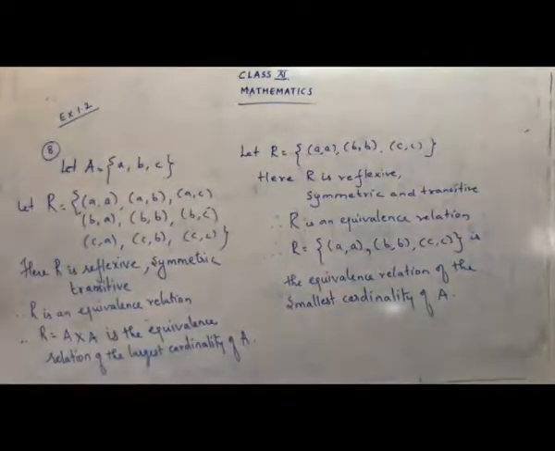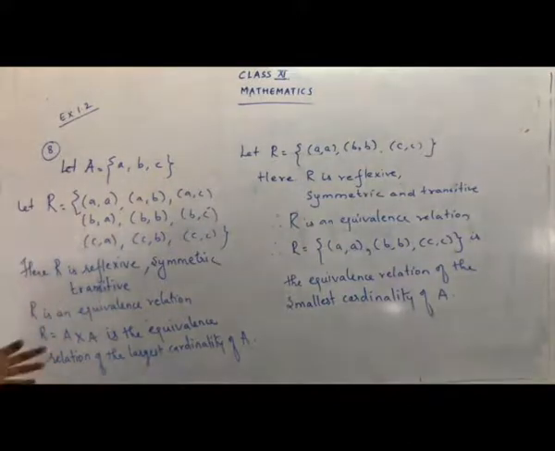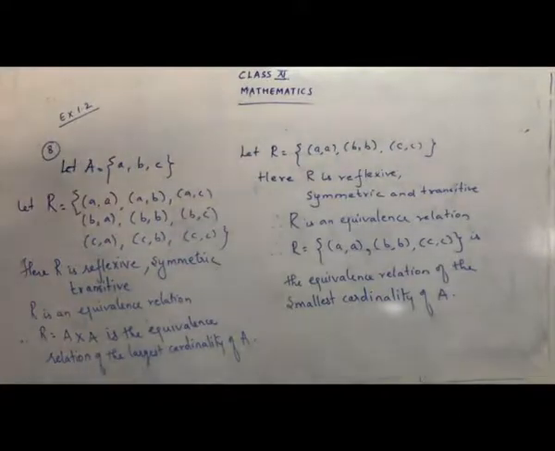So the first part we have to choose the minimum ordered pairs. We have to choose the least number of pairs and we have to show that it is an equivalence relation. And the second part we can choose as many number of pairs from A cross A and you have to show that it is an equivalence relation. In the first part the answer was AA, BB, CC. And for the second part you get the answer as A cross A. That is the whole Cartesian product. I hope sum number 8 is clear to you.